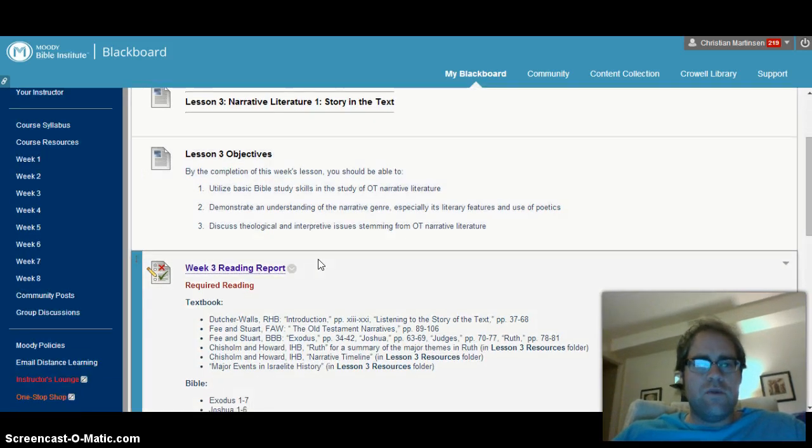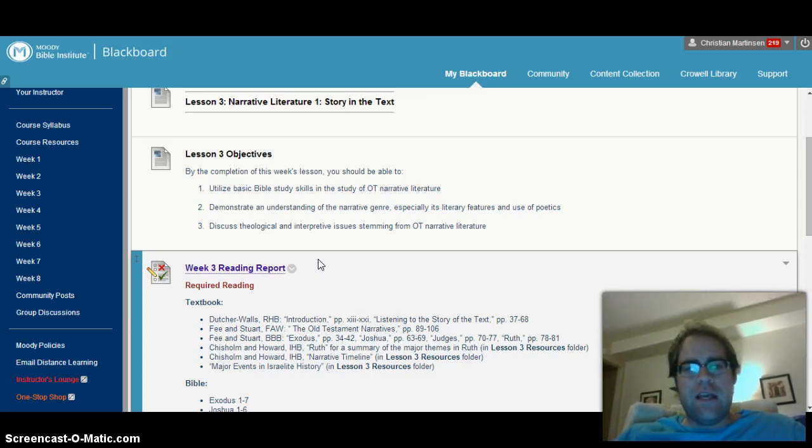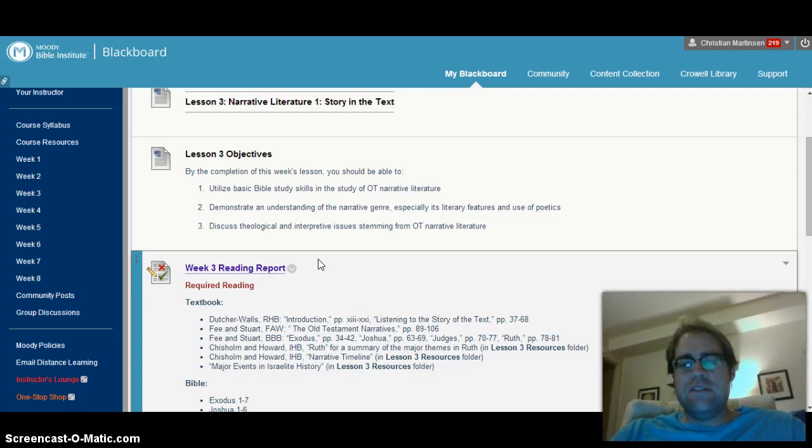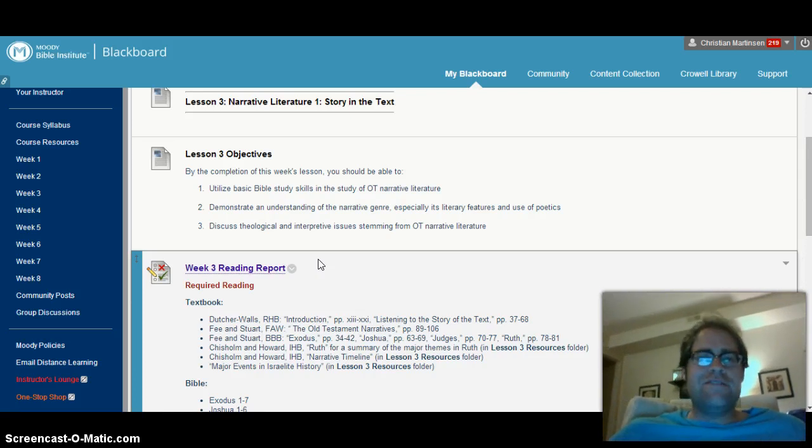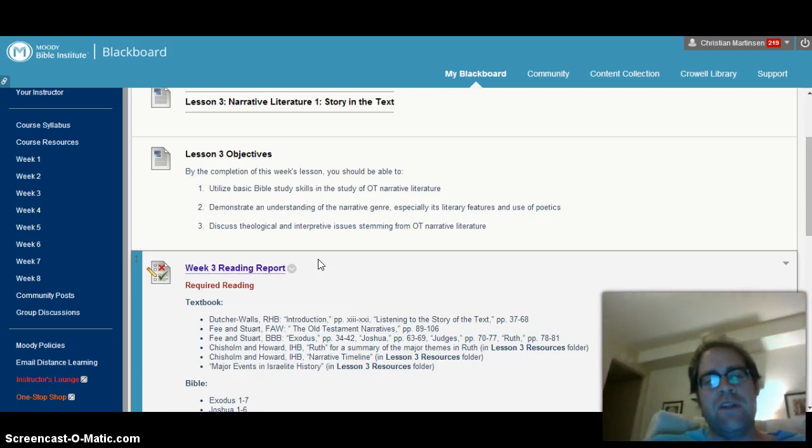So let us go with the objectives this week. One, we're going to utilize basic Bible study skills in the study of OT narrative lit, demonstrating an understanding of the genre of narrative, especially its literary features and use of the poetics. Two, discuss theological and interpretive issues stemming from OT narrative lit. Okay, so those are the main core objectives that we're going to get into this week through the reading and